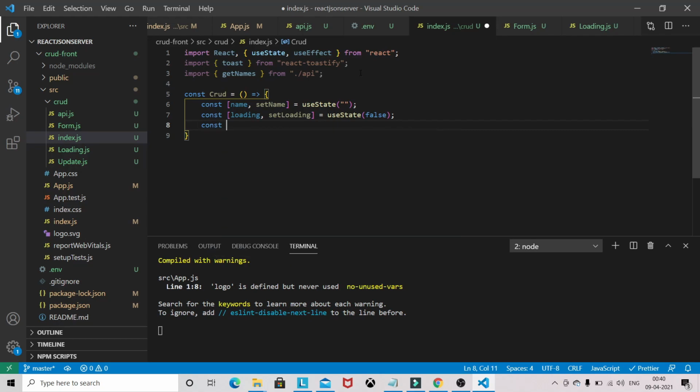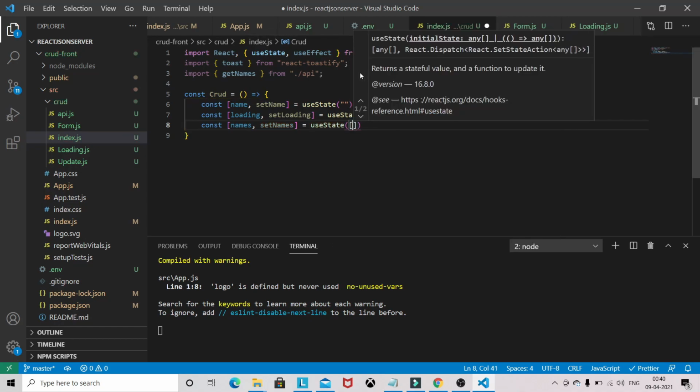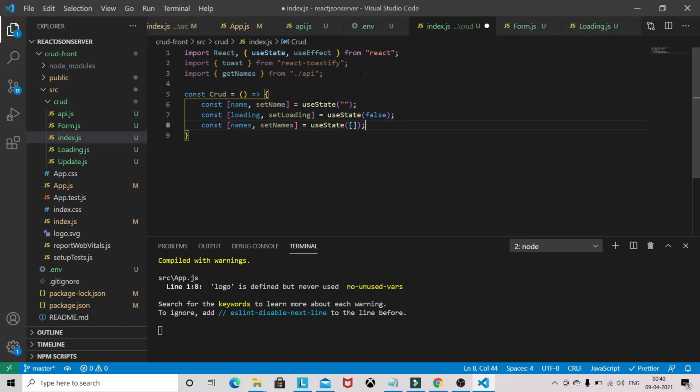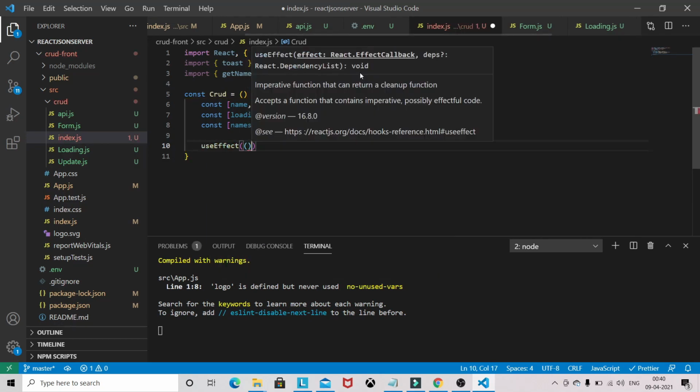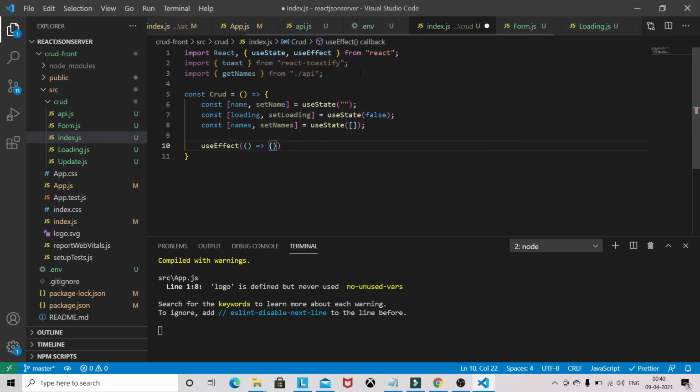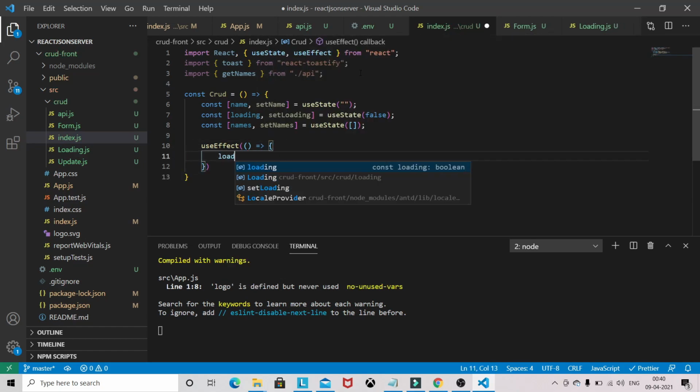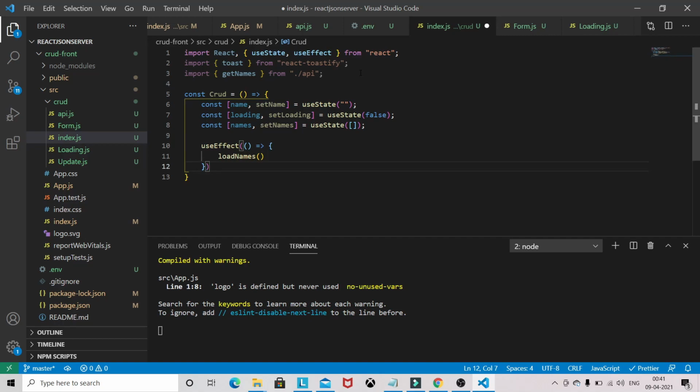And we need all the names while the application loads, so that will be an empty array. So we will be using useEffect, and in useEffect we will be loading all the names. So we will be writing this function just now.